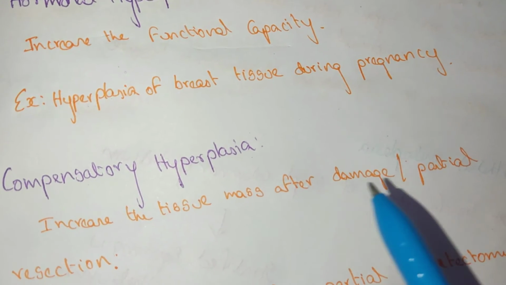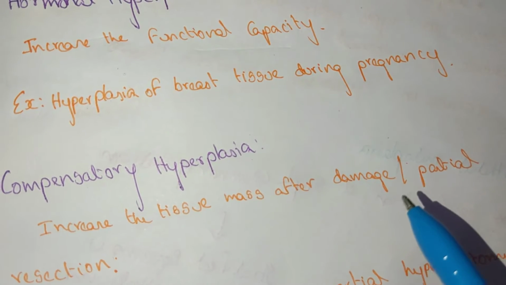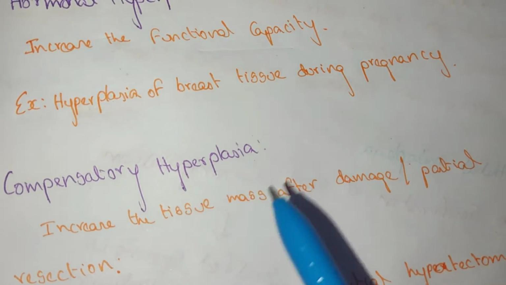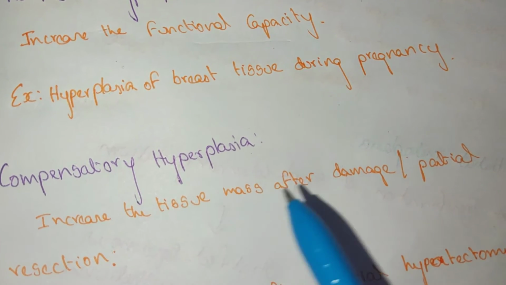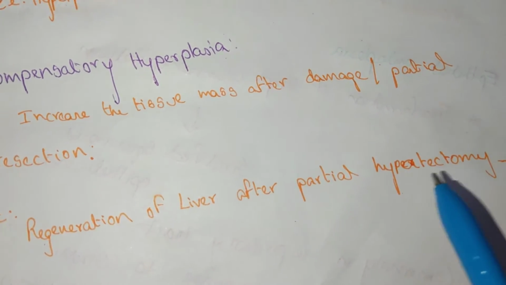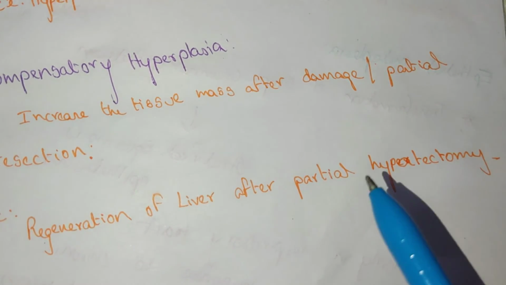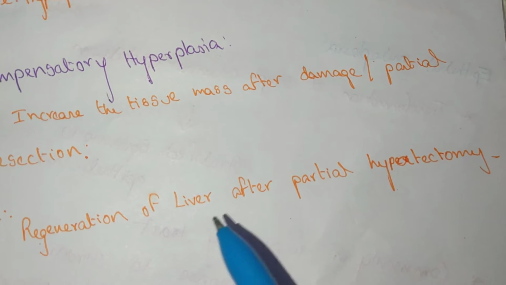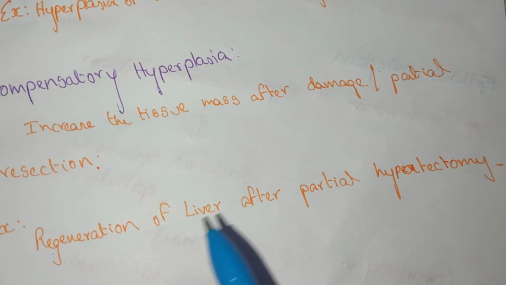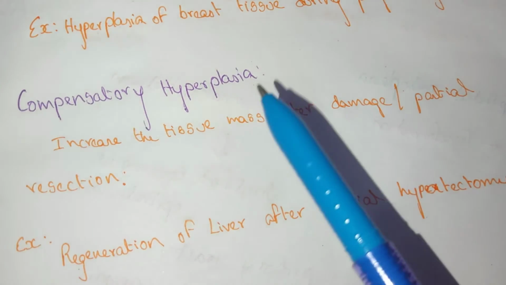If there is damage to any organ, or any partial resection, there is an increase in the tissue size. Example: regeneration of the liver cells after partial hepatectomy. After some portion of the liver is cut down, regeneration of the liver cells occurs. This is an example of compensatory